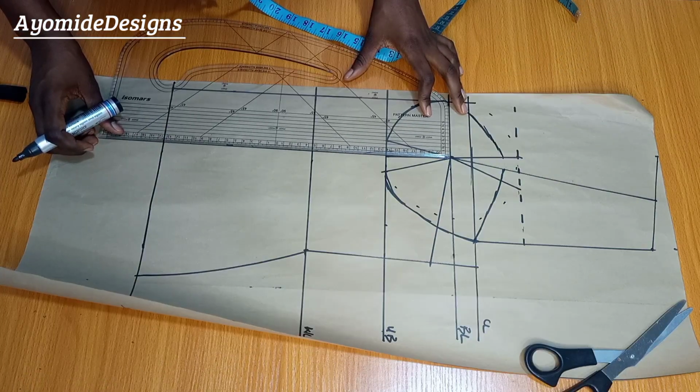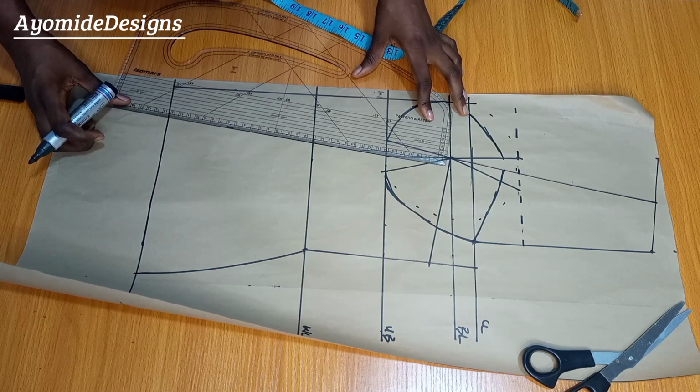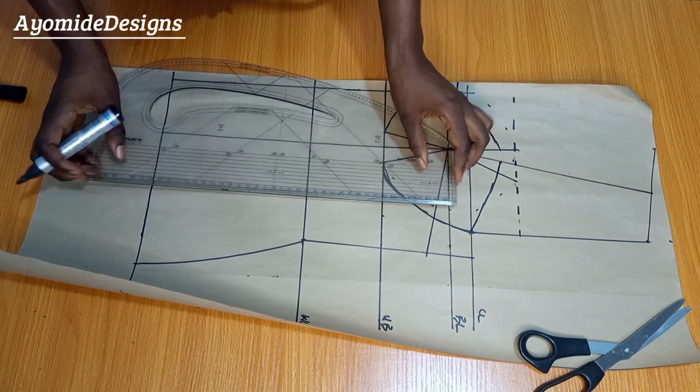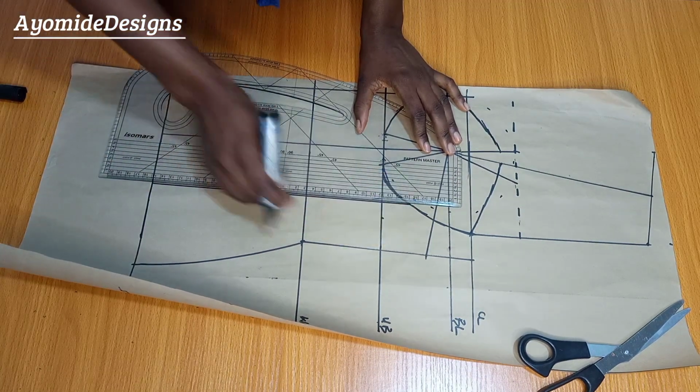Moving on, I'm going to be dividing the waistline into 3 equal parts, and you could make your line slanted to give you that back's waistline effect, but I'm just going to be drawing a straight line. So I'm just going over to divide this waist into 3 equal parts,